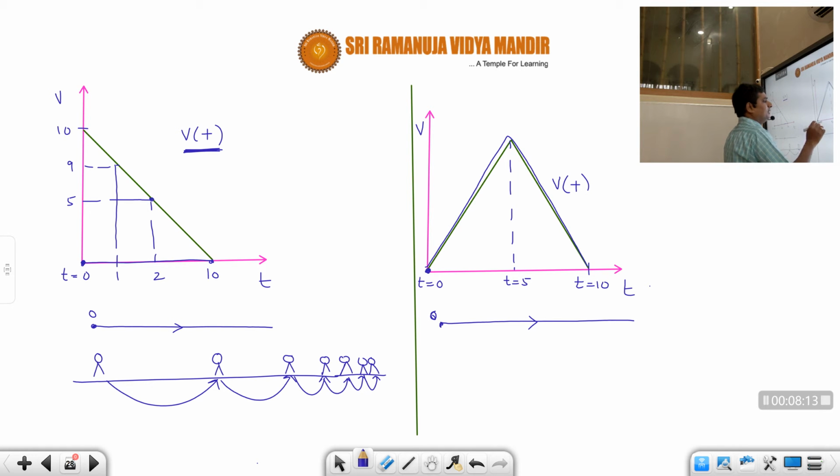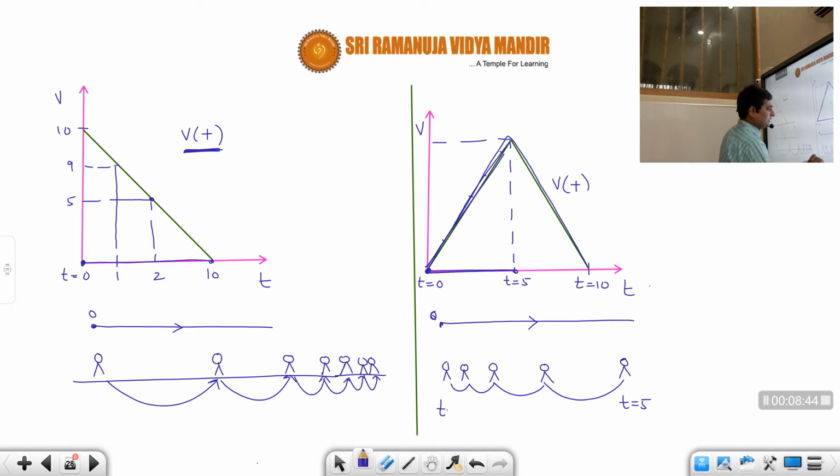Now let us see the photo diagram. Here from t equal to 0 to t equal to 5 seconds, what is happening? The velocity is increasing. Correct or not? Maybe 10 maximum. Then afterwards, from 5 to 10, it is decreasing. So if you draw the photo diagram, initially it is increasing, like this. Correct or not, students? This is at time t equal to 5, and this is at time t equal to 0. Now afterwards, what is happening, students? The velocity is decreasing. So now the velocity should decrease.